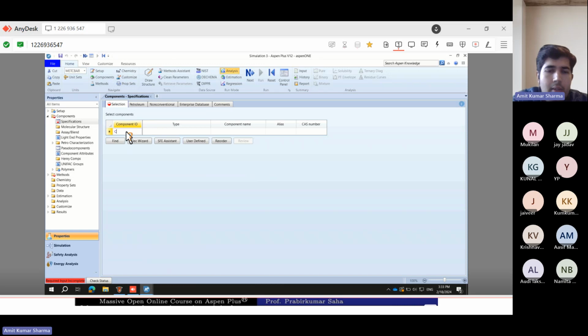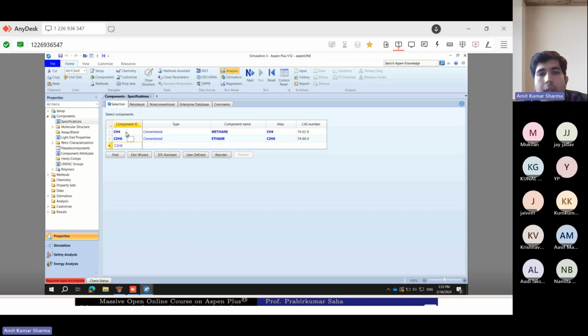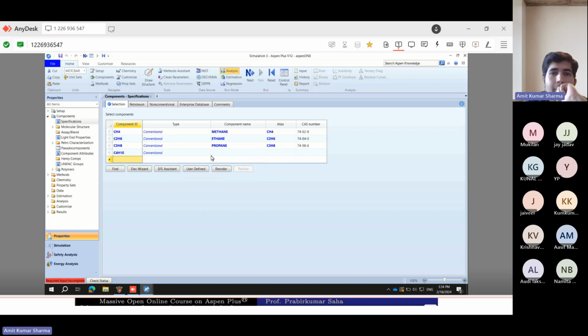First select methane, then C2H6, then C3H8. Then if you type C4H10, see, it's not taking the component correctly.